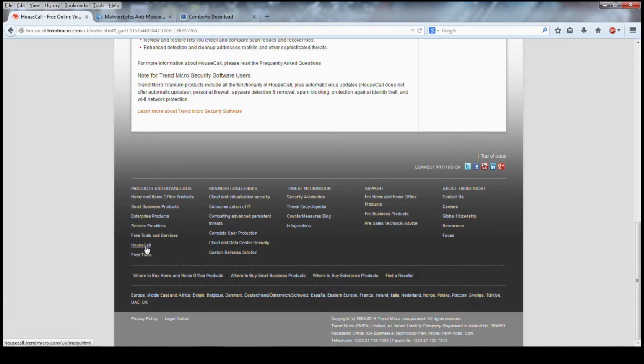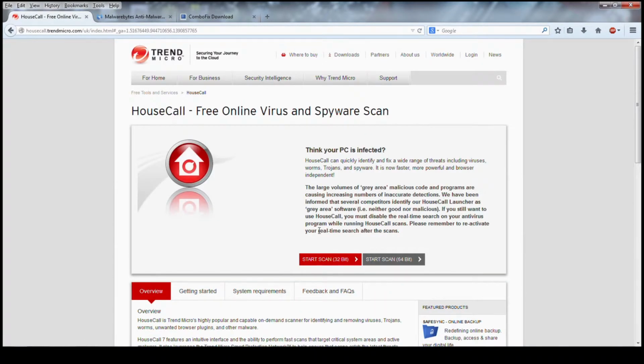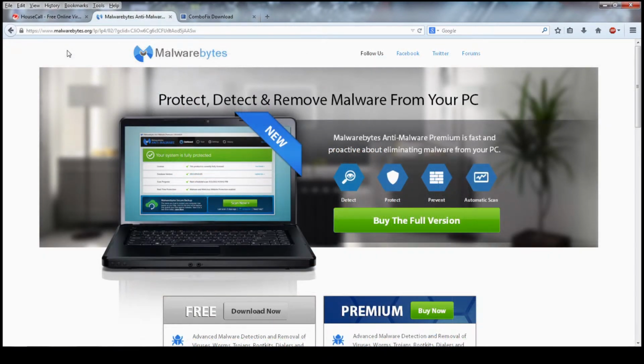for you for HouseCall. Just click on that, it will bring you to this page and select the particular version that is required for your operating system. So if you've got 64-bit Windows, then you would choose that, otherwise just choose that, and if you're unsure, just choose that. Okay, so once you've got that and you run it, and then the next piece of software is Malwarebytes,